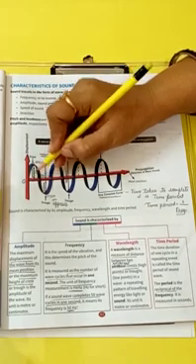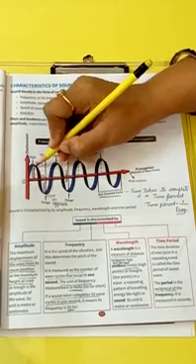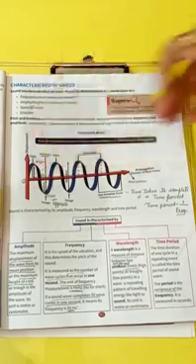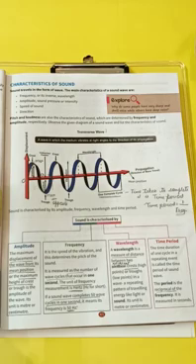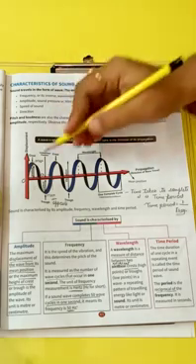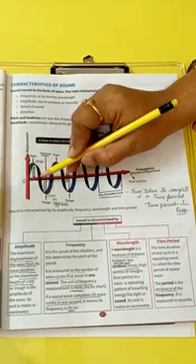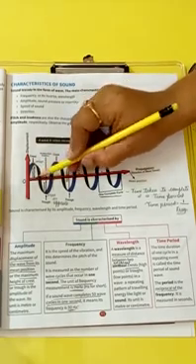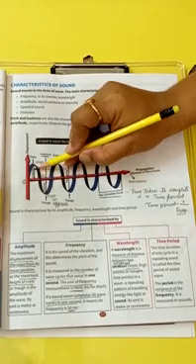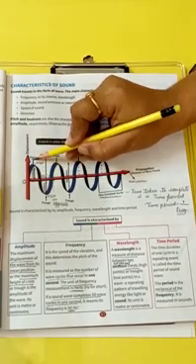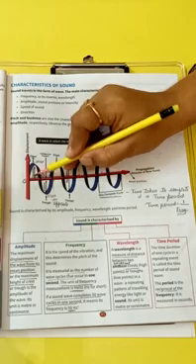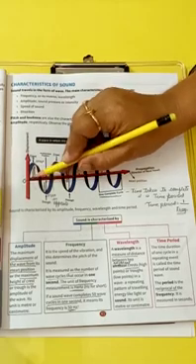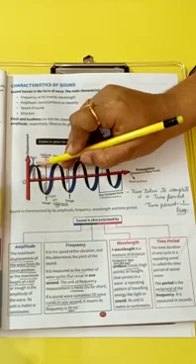Next is amplitude. Amplitude is the displacement from the mean position. You can understand it like this: if you throw a ball upward with high energy, it will rise higher, and if you throw it with low energy, it will not rise to a high level. The same is with waves. If the vibrating particles get higher energy, they will go farther from the mean position, and if they gain less energy, they will not be displaced to a larger extent. Thus the displacement from the mean position is known as the amplitude.